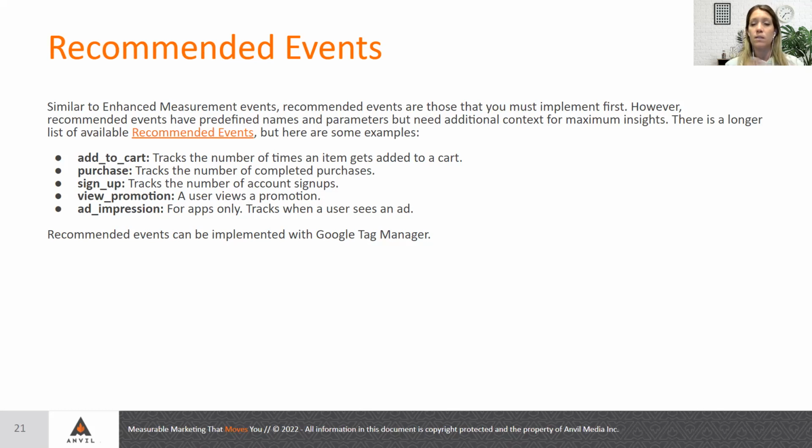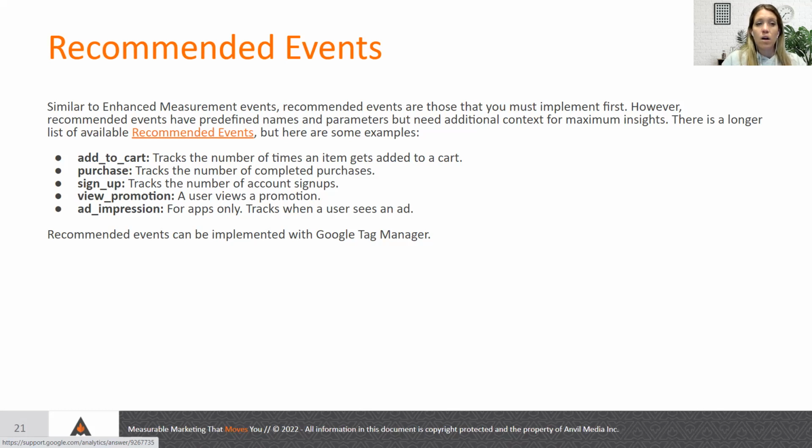That way you'll have maximum insights from that particular set of data. So again, with Google Analytics 4, I highly recommend that you reference this recommended events table, but to give you some examples of the recommended events we have available to us,